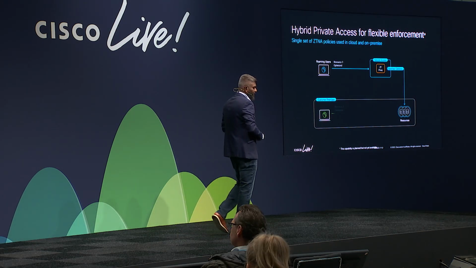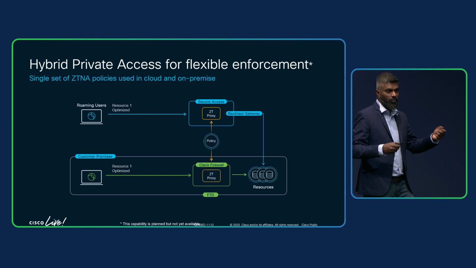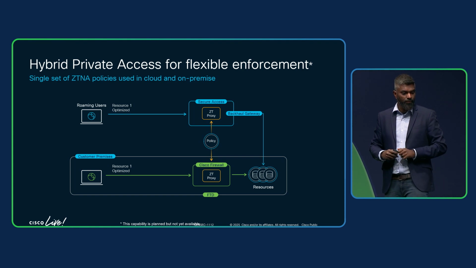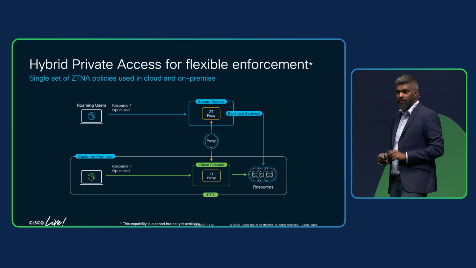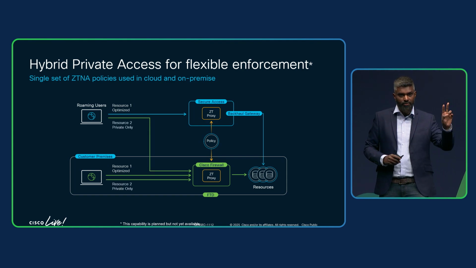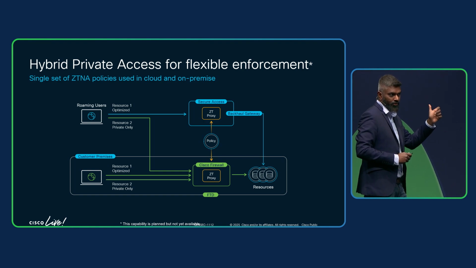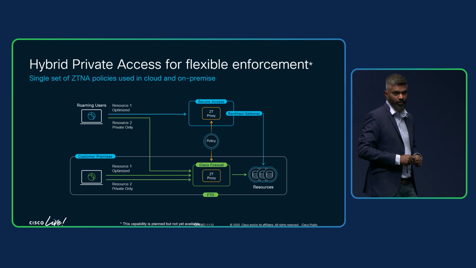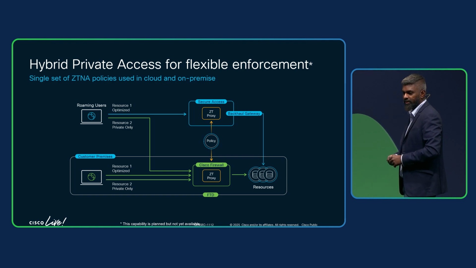But let's take now an example of a user who is actually in the office. And we don't want this user to go to the cloud and get the cloud hairpin. We can use that on-premises Cisco firewall to do that enforcement for us. The second use case that I talked about, where we want to be able to provide access to private applications without going to the cloud, that's the second use case that we can solve for here. And then the third use case of resilience. So in the event that we have an outage in the public cloud for whatever reason, we still can enforce locally on that firewall as an example.